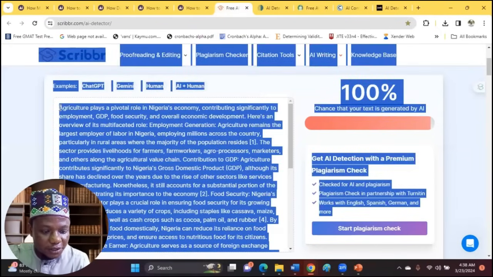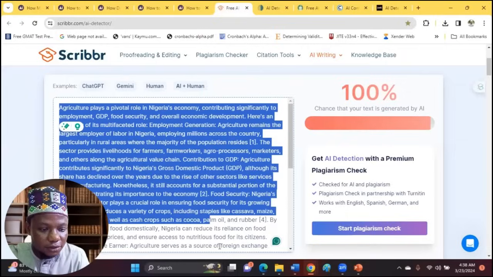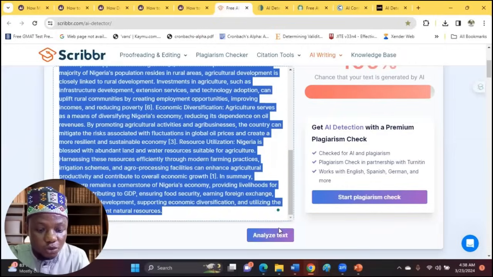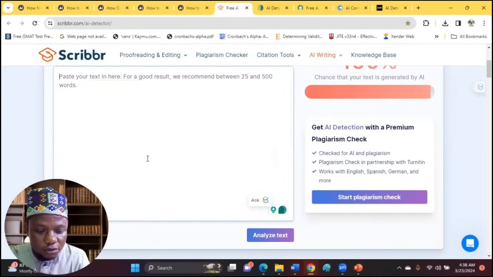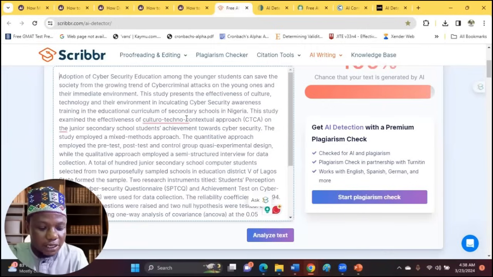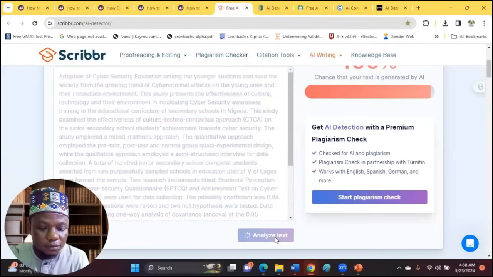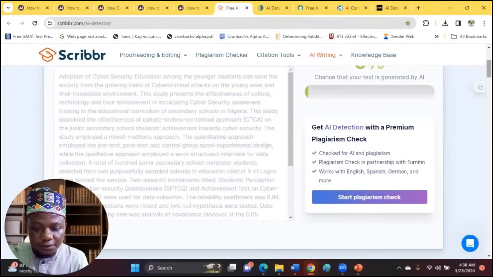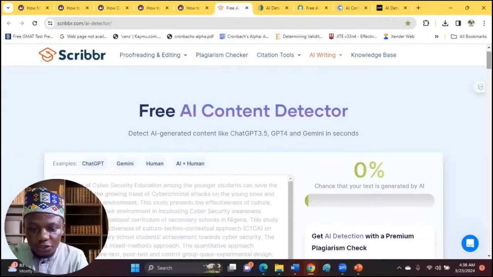Let's clean what we have here. I just do Control A here and say delete, and I'll paste the new one. And I'm saying analyze text. You can see the results we have. It says 0%. So with this, these are very, very effective tools to check documents that are AI generated or human generated,